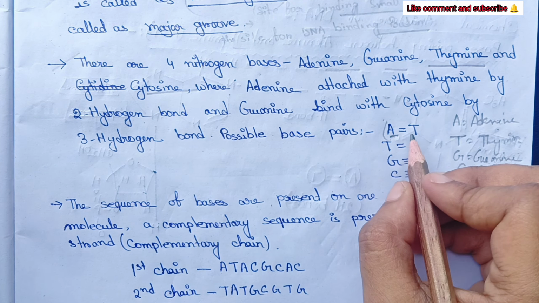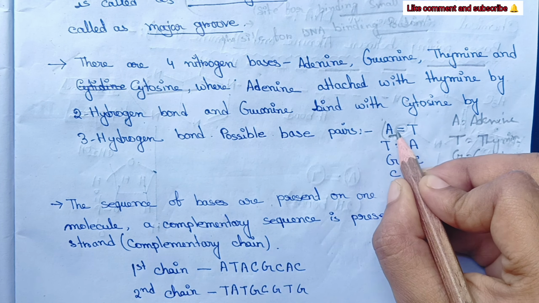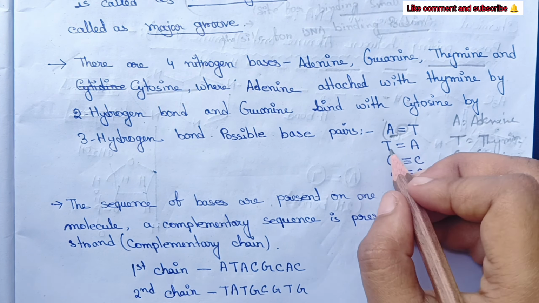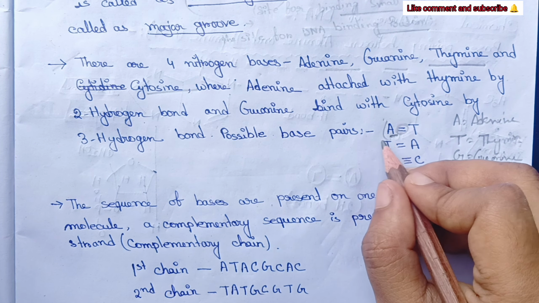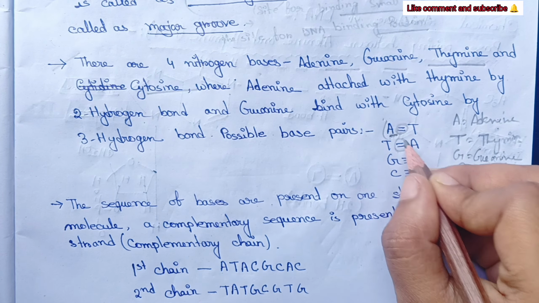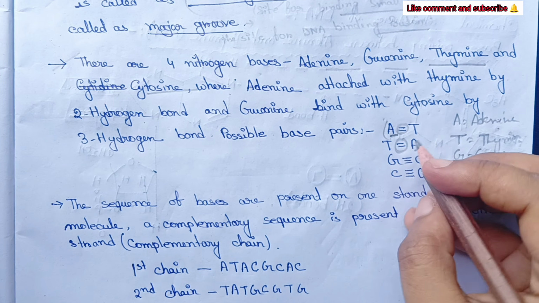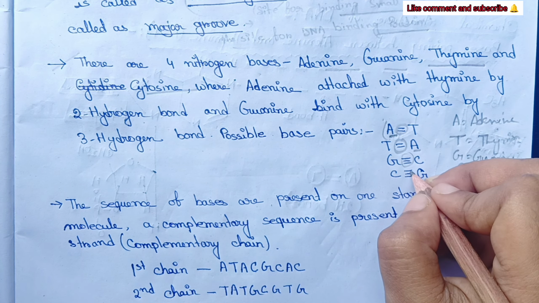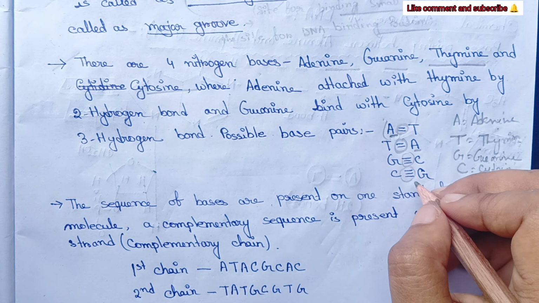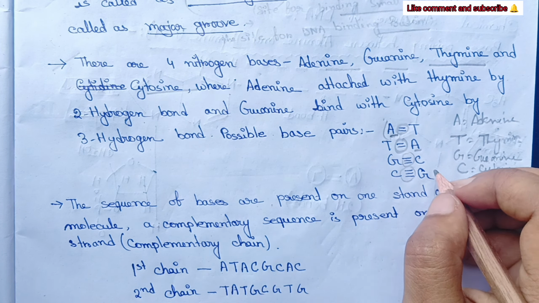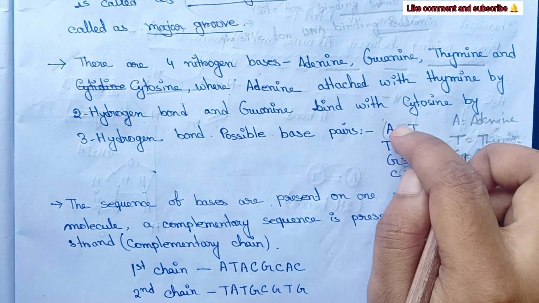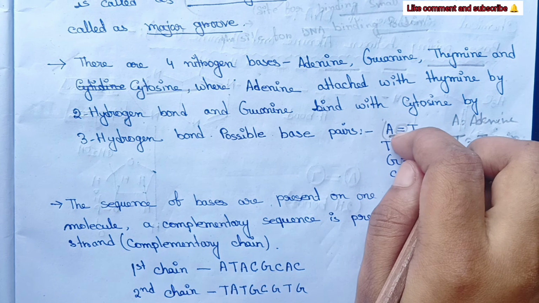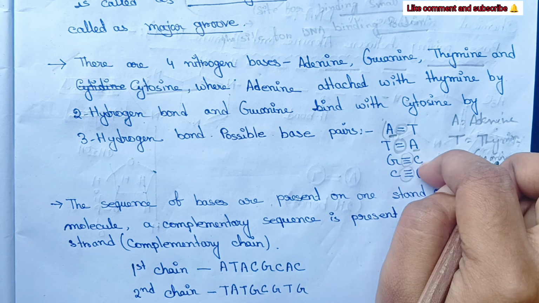So adenine can bind with thymine by 2 hydrogen bonds, and likewise thymine binds with adenine by 2 hydrogen bonds. Guanine binds with cytosine by 3 hydrogen bonds, and cytosine binds with guanine through 3 hydrogen bonds. So between adenine and thymine there is a double bond, and between guanine and cytosine there is a